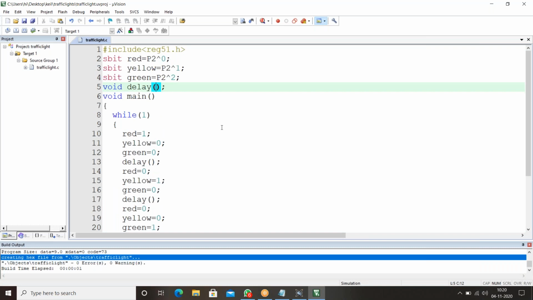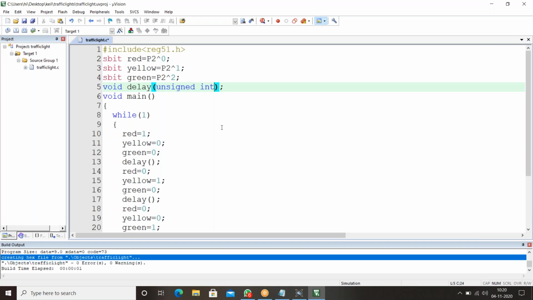In the delay function, what arguments do you want to pass here? Unsigned int, because it is going to take a positive value. This is the argument we have to pass in the delay function.